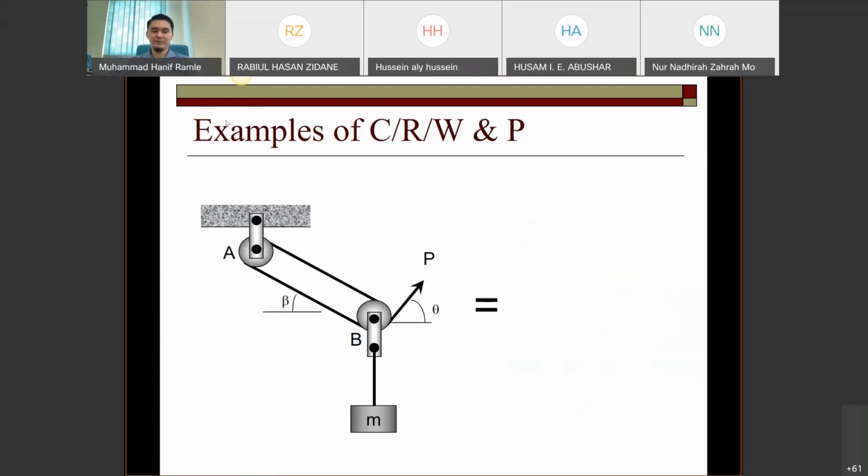I cannot hear you. Doctor, 2T in the diagonal like this, and 1P and FG downward. Yeah, correct. So this one, 2P with a beta angle, 1P with a theta angle, and the last one is weight. Okay. All right. For another example,